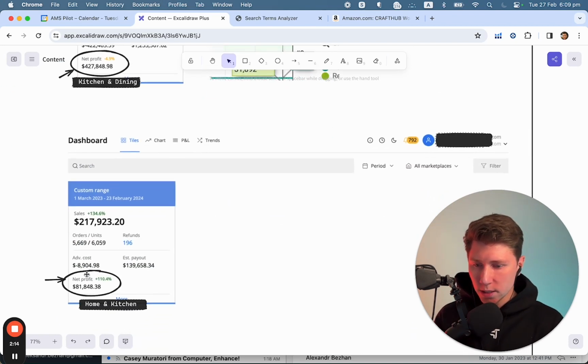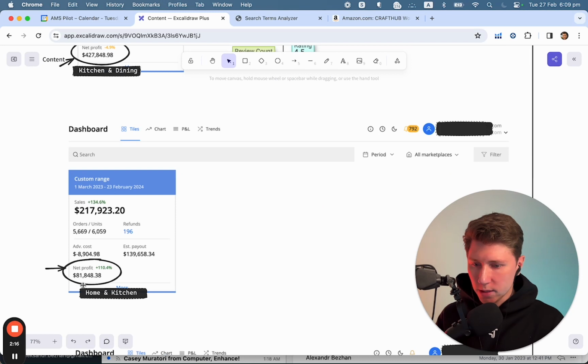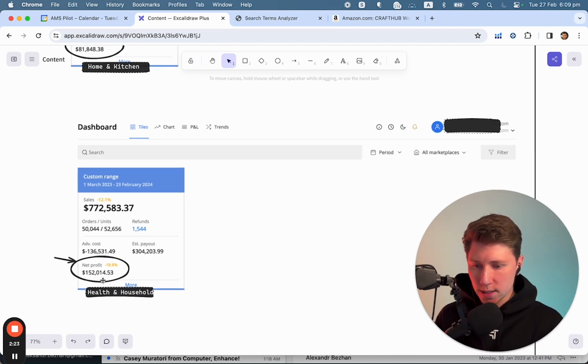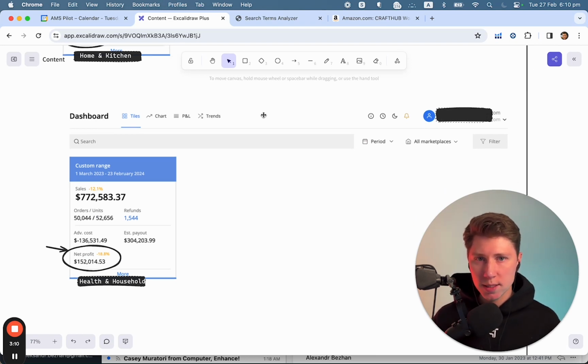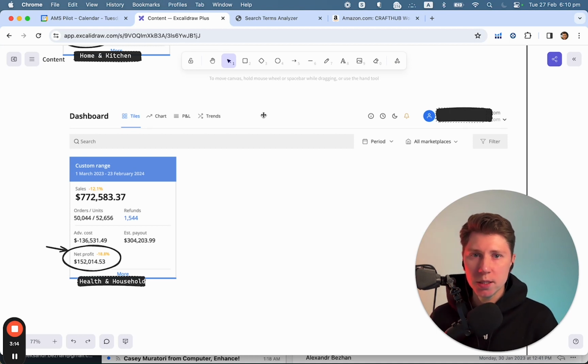This is another smaller brand example, $81,000 in net profit, home and kitchen category. Another example, $152,000 in net profit. So now when you see all these net profit numbers that we are doing for our brands and for other people's brands, you can see that we know what we do, and let's move on to the actual advice